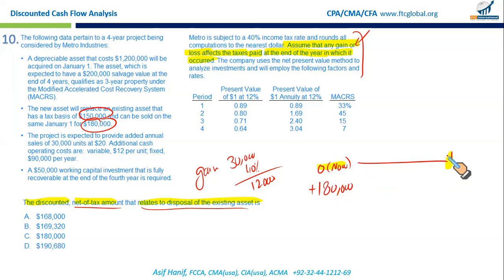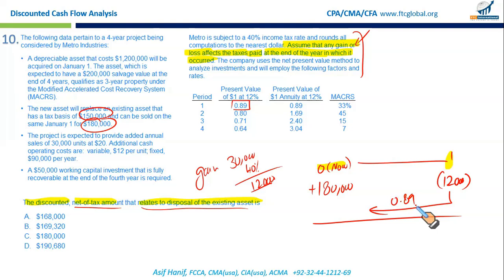And how much tax are you going to pay? You're going to pay 40% of the gain. What gain? 150 versus 180. 30,000 gain on disposal, tax on gain is 12. So you pay this 12,000 at the end of year 1. Since we want to calculate the present value, you need to calculate the present value of this $12,000. And what you do, you multiply this first year outflow with the first year discount factor. So 12,000 multiplied by 0.89 gives you